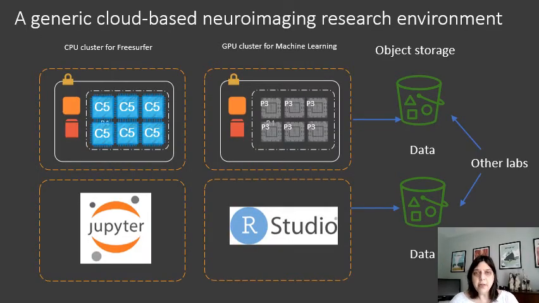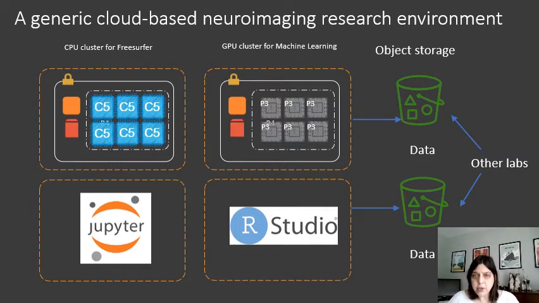So with that said, this is kind of my big picture image of what a generic cloud-based neuroimaging environment looks like. You have some aspects of specialized computing infrastructure that you may create for a specific use case, a specific application. Here I chose FreeSurfer as a compute-intensive application where you might want to run many subjects all at once, and you might want to create a cluster just for that purpose, and then 2 days later, shut it down and look at the results. Similarly, you might want to create a specialized